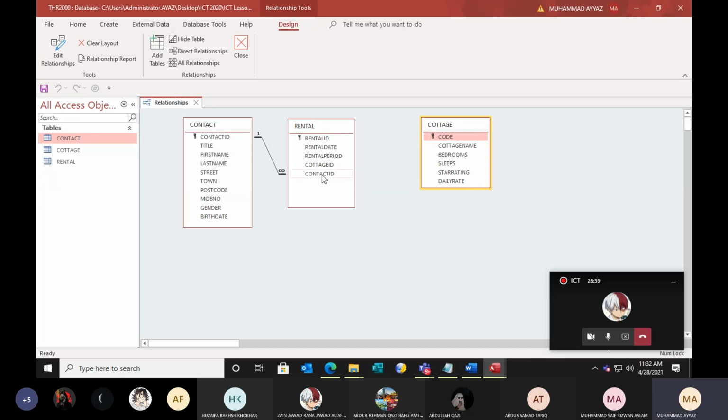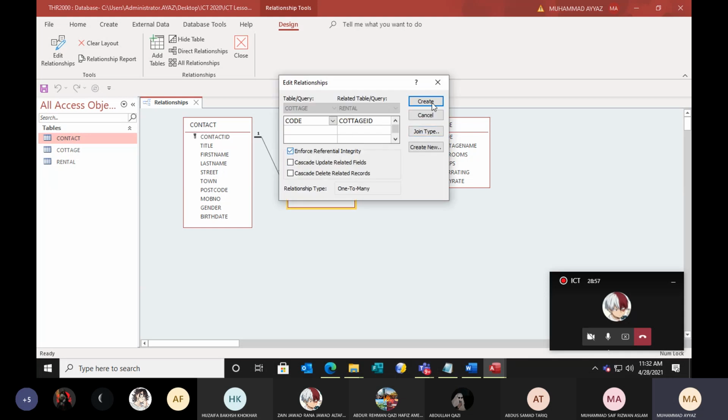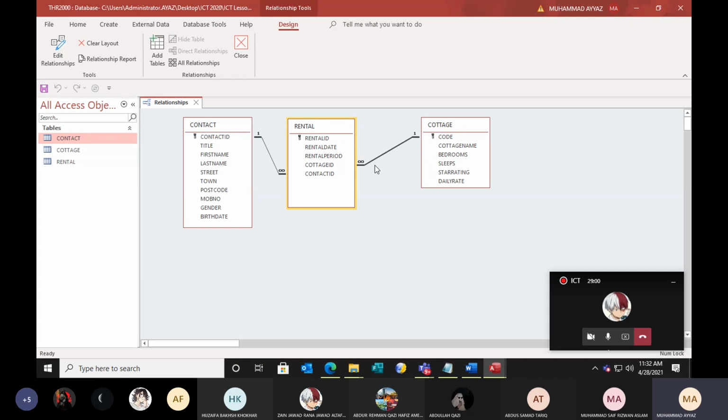This one, contact ID. This is cottage ID. See, cottage table and ID. So it means this is a primary key and code is also a primary key. So cottage ID with code. Enforce it. So one-to-many relationship, cottage and rental, and one-to-many relationship, contact with rental.